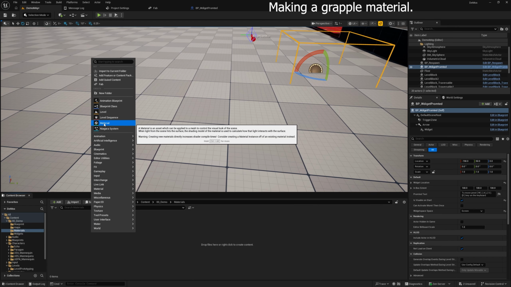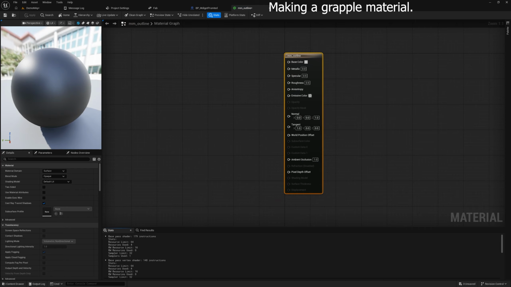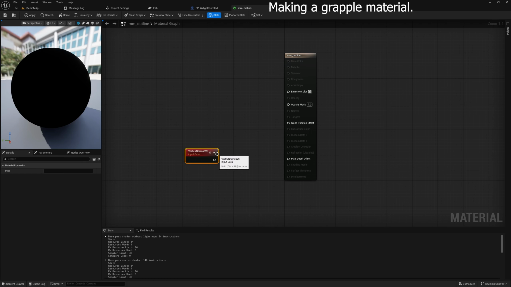So I go up here to right click and go to material again, do mm_outline, right? And then I'm going to double click that. Now, a few settings that we need to change. We need to click on the main node, change this to masked and unlit, right? The reason why is because we need to get a vertex normal world space. There we go. Vertex normal world space. And this is what we're going to put into the offset